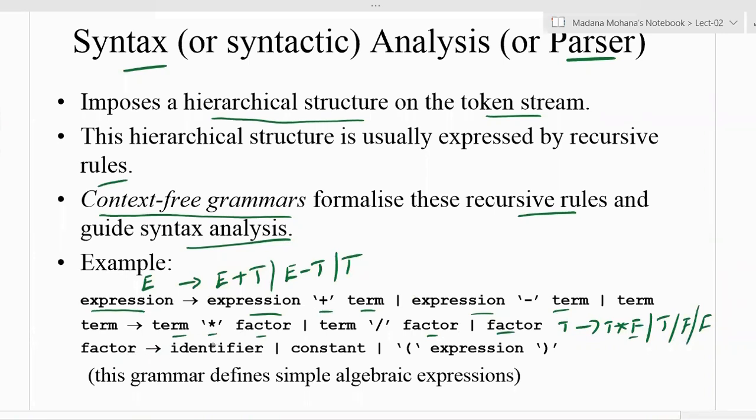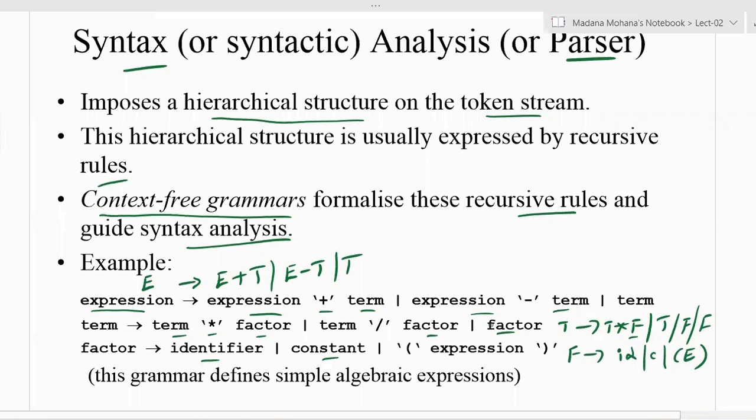F means factor. Factor derives identifier or constant or expression. That means F derives identifier, you can make it as id, then constant, maybe a small c, then expression, which is nothing but E within parentheses.